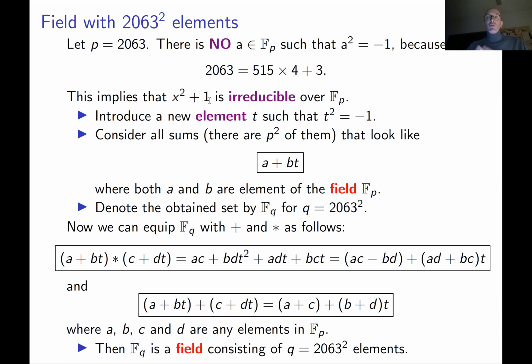So this construction, for example, can be used to construct a field of 9 elements. However, this or a similar construction cannot be used to construct a field of 6 elements. And there's a deep reason for this, because there is no field consisting of 6 elements. And you will be able to prove this using linear algebra methods at the end of this semester. Okay, let me stop this lecture.